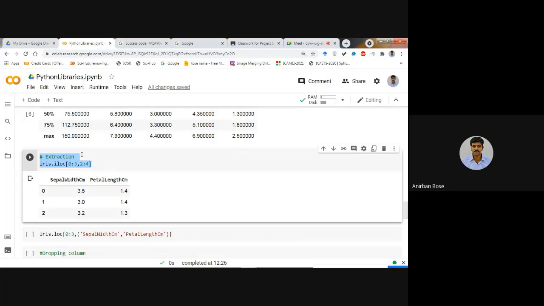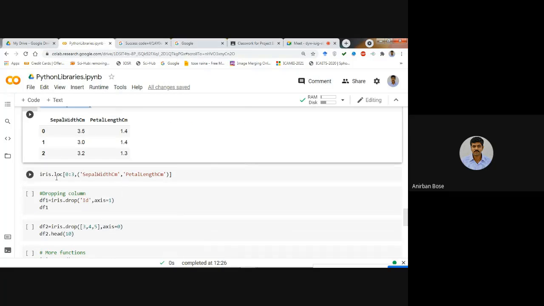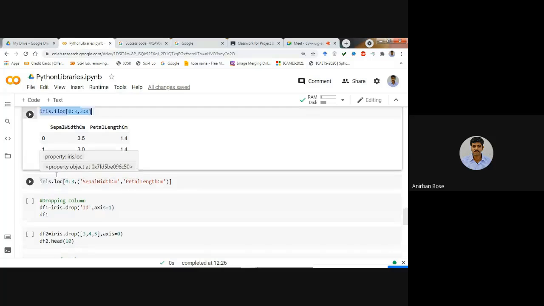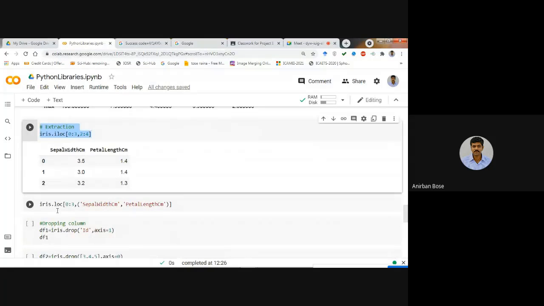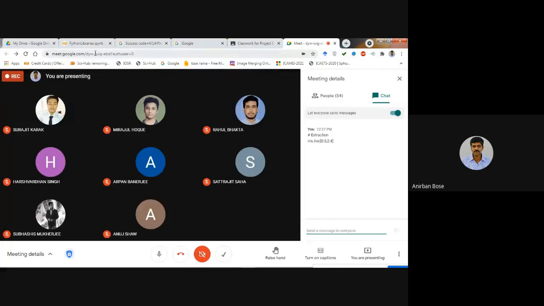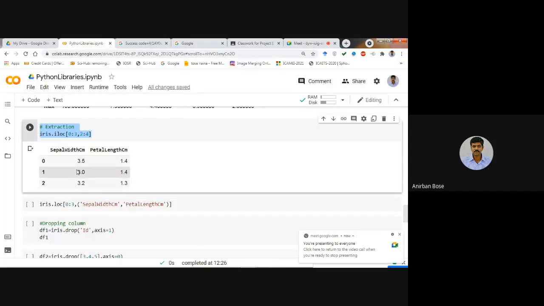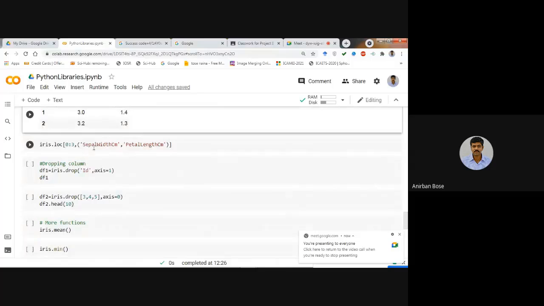Now another extraction method is loc. This one is iloc, and another one is iris.loc. In this case you see 0:3, and this 3 is included. That you just remember: in loc, index 3 is included, and you can give a column name in this way.